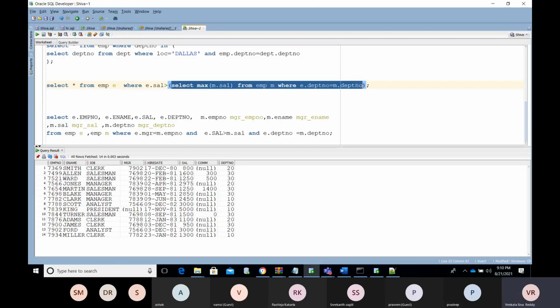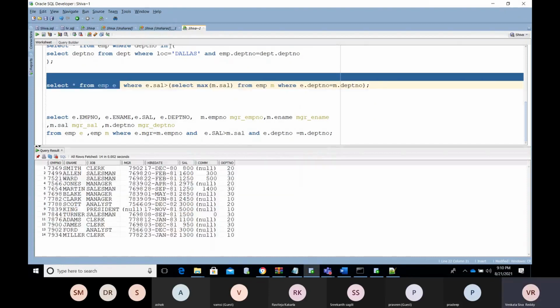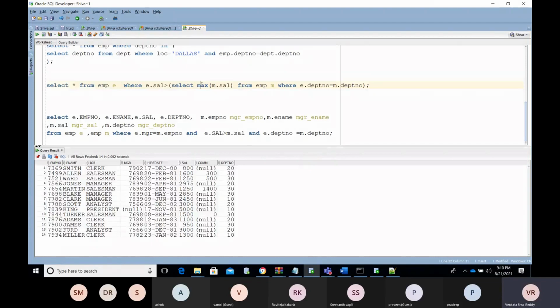And we need to compare. Like you are comparing with each and every department, who is getting the maximum salary. Like on top of that you are getting. Not good, right? So average salary, no need to go for the maximum salary.